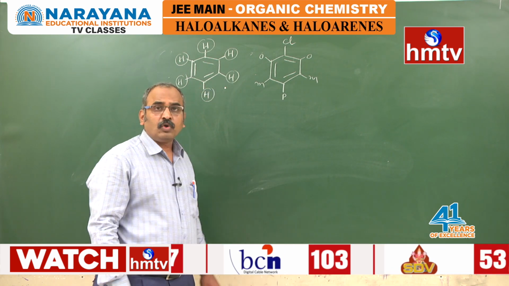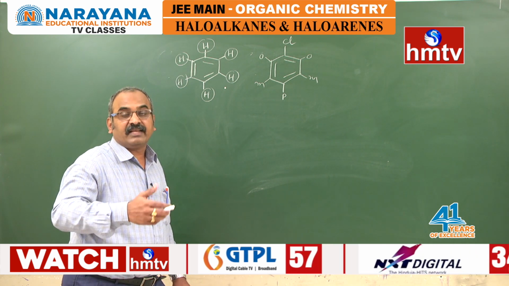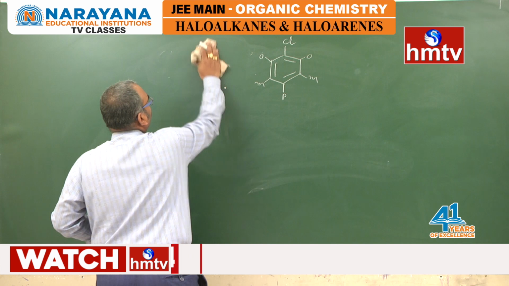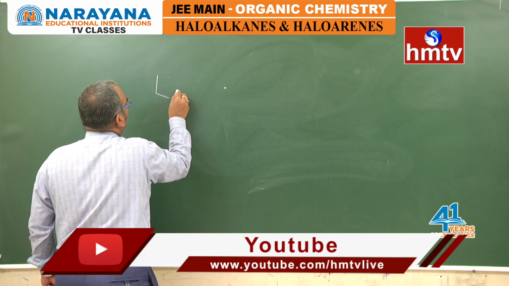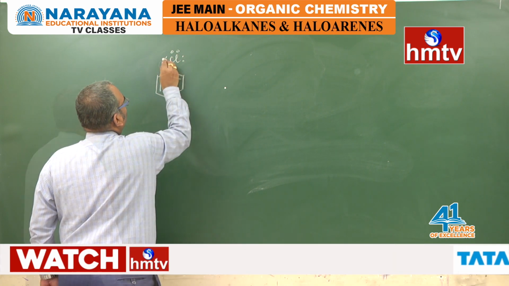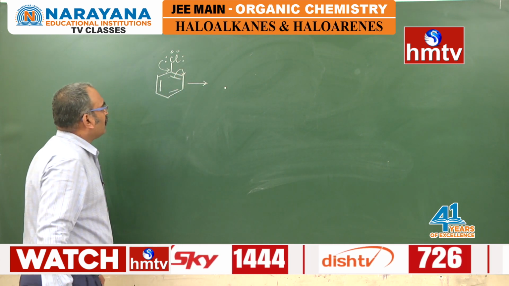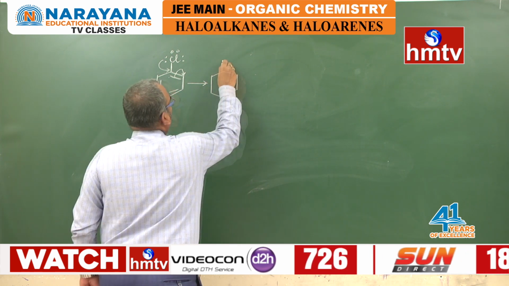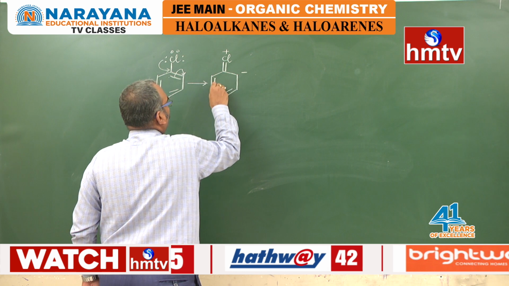Now when chlorobenzene is subjected to electrophilic substitution, the incoming electrophile is directed by the chlorine atom which is already present on the benzene ring. I will show you to which positions it directs the incoming electrophile. Take this chlorobenzene. In chlorobenzene, we have a lone pair of electrons. The lone pair is in conjugation with pi electrons. Thereby, the pi electrons move towards the next position, that is the ortho position to chlorine. Here, double bond character, chlorine is getting positive charge, this is negative charge, double bond, double bond.